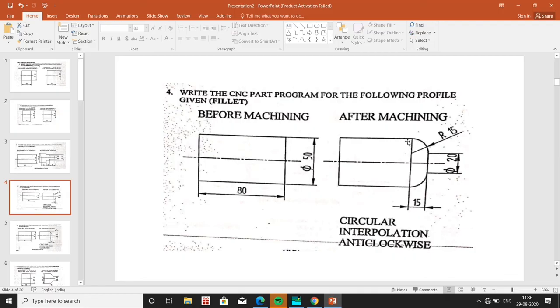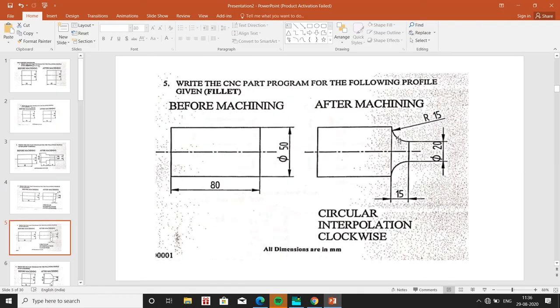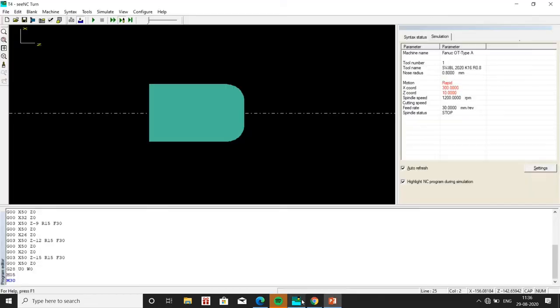So here we can see that the fillet structure is kind of a dome, and in here it is kind of a groove. So to make these changes in program, we have to replace all G03 with G02.